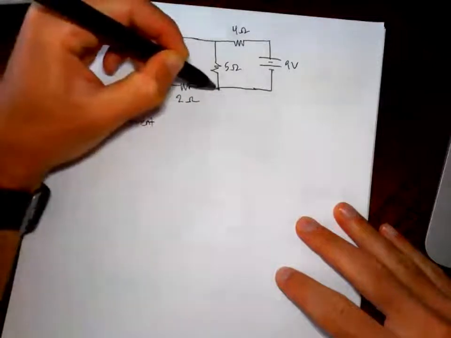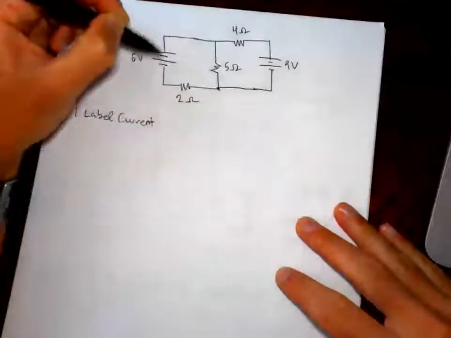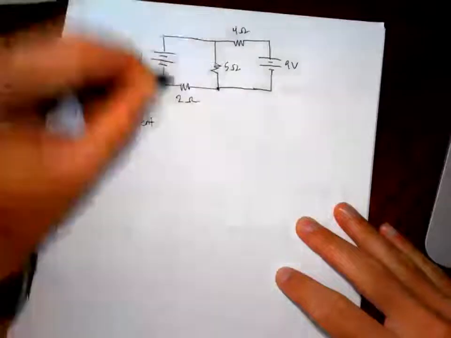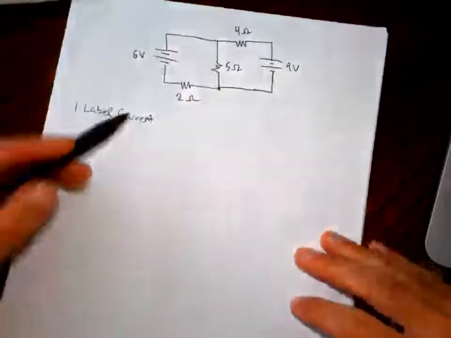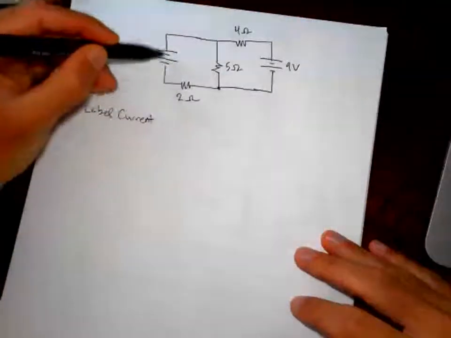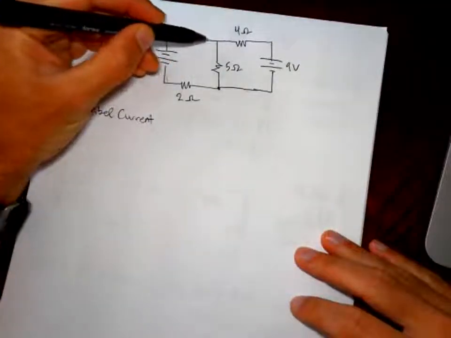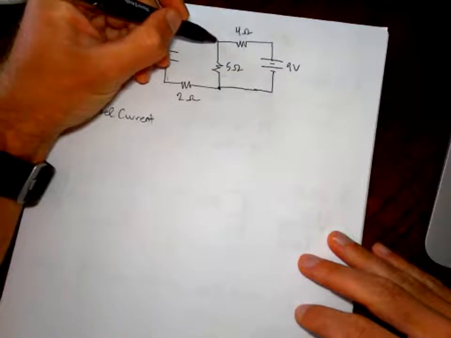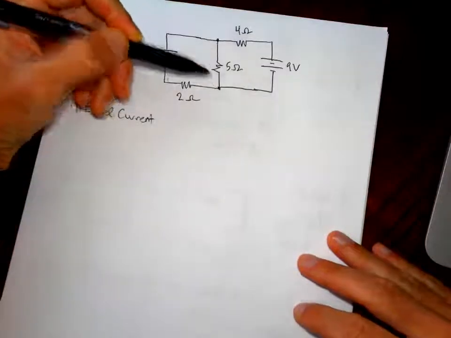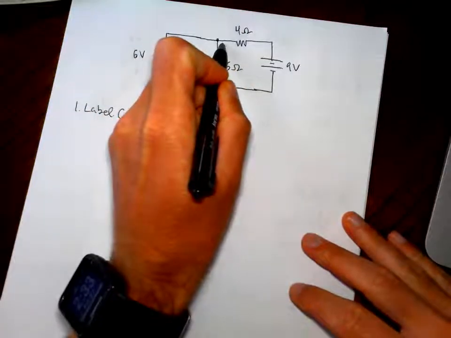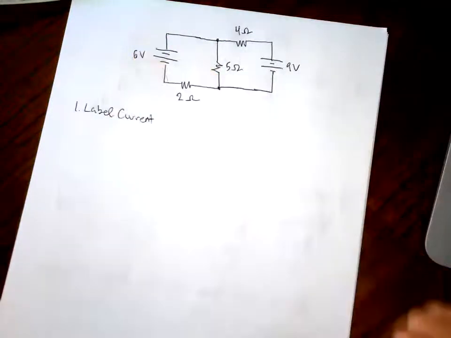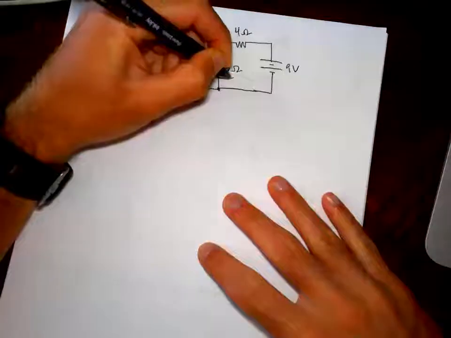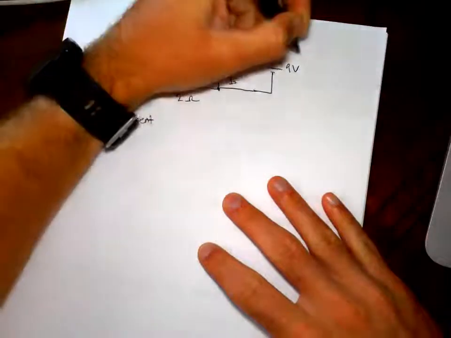Because you can see that on the road from here to here, there's no branches where current can go out the side or anything like that, okay? So this is going to be the same current everywhere along this piece of wire. Anytime the wire breaks, this is going to be a new current. So there are 3 distinct currents: I1, I2 and I3,